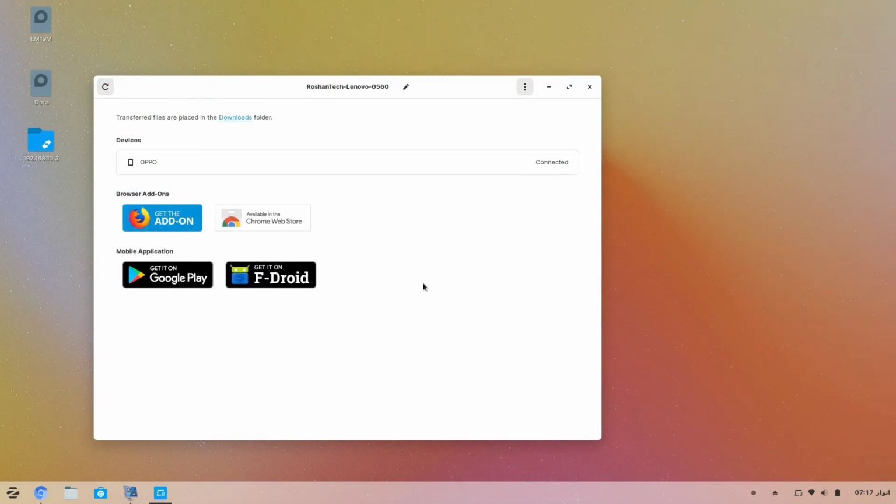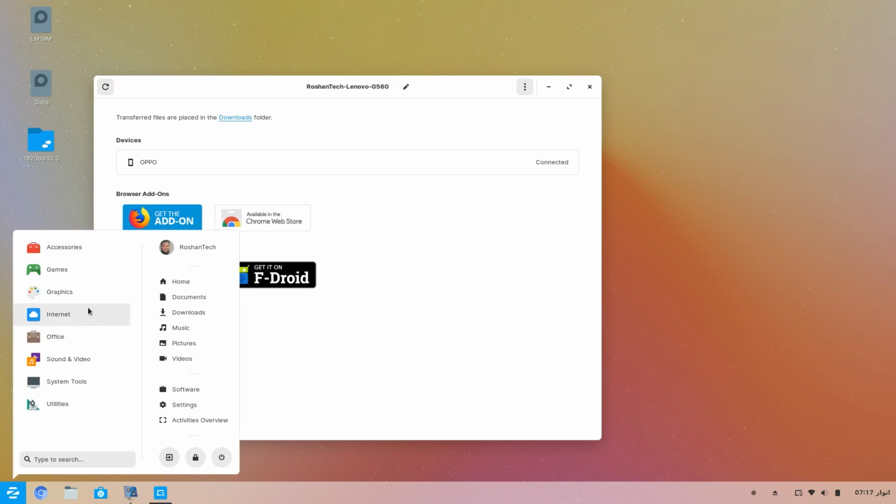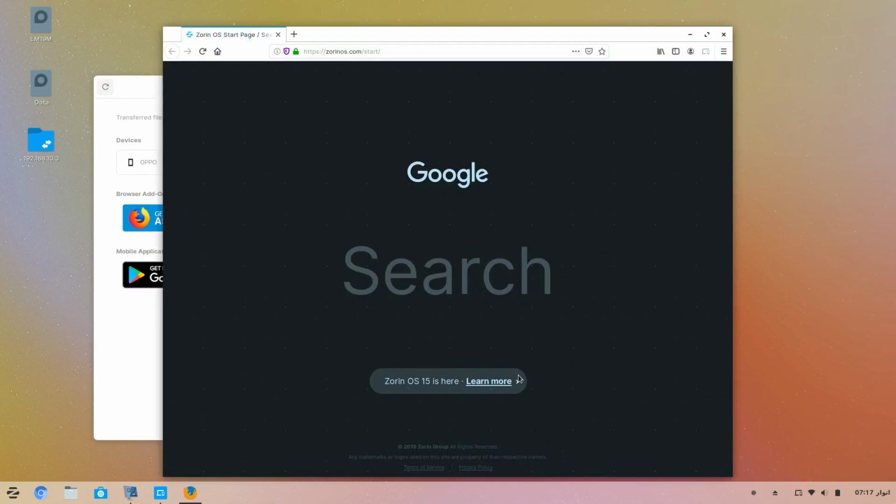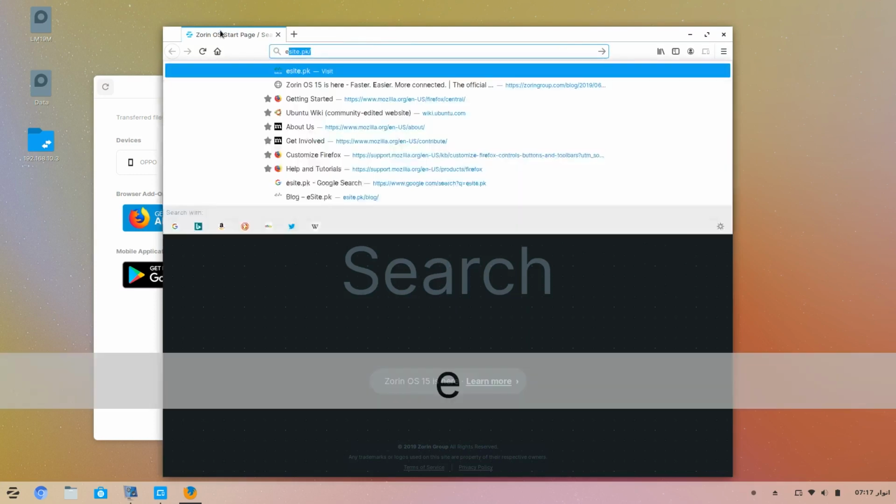Okay, I think I have covered this, and let me demonstrate this browser add-on. I have installed this browser plugin on Firefox, and let me demonstrate. You can click to open a web page. For example, I am opening just my website